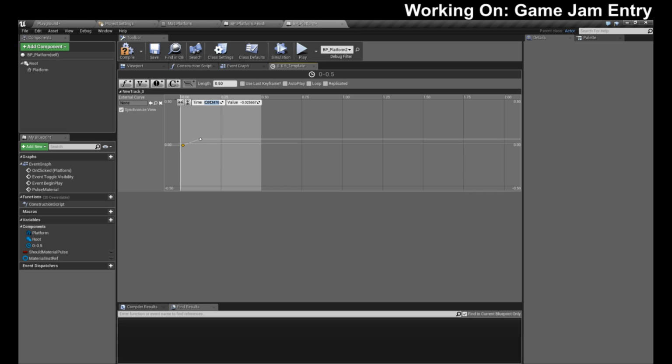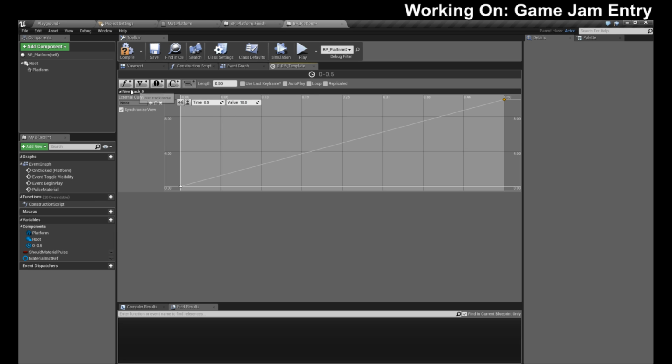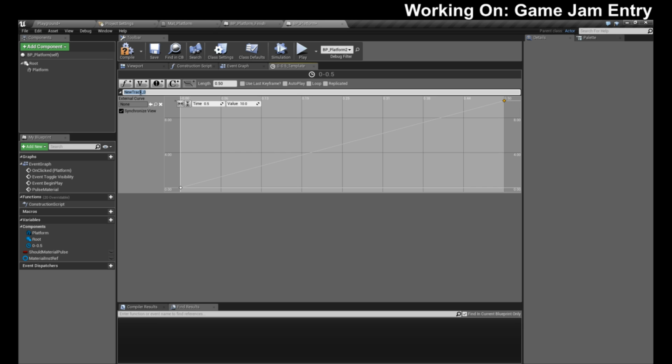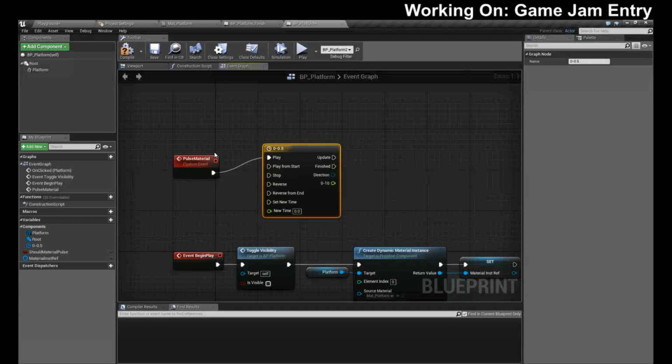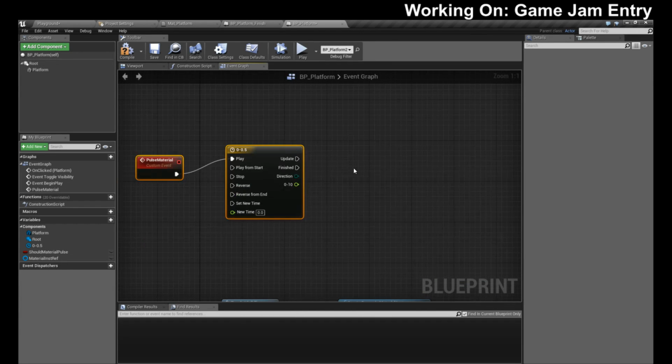First key, value 0, 0. Value, oh no, because we're going to drive this over half a second. So we're going to go from 0 to 10 over half a second. Whoops, time. Thank you. That's what I wanted. Okay, and this is going to be a track of 0 through 10. There we go. So we're going to get a 0 through 10 value, and then we'll drive the parameter from that,